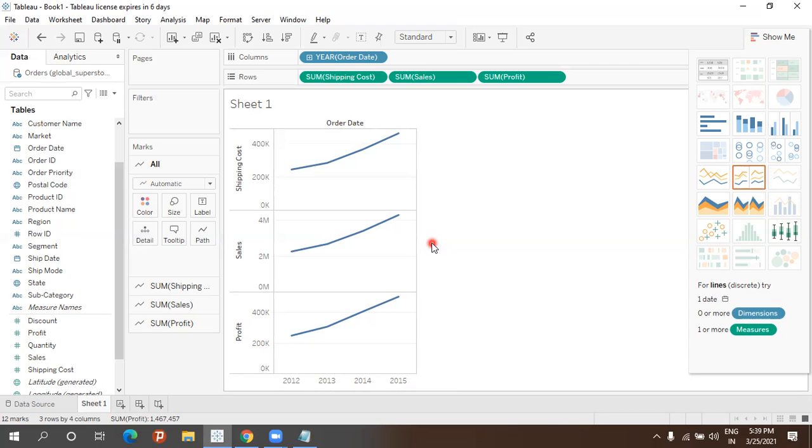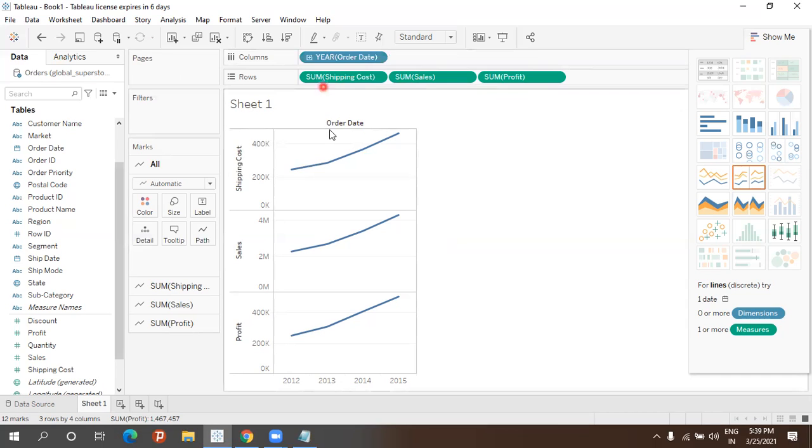Actually it is right, but what you missed is that I have to drag and drop the order date year to the columns. That's a small mistake.